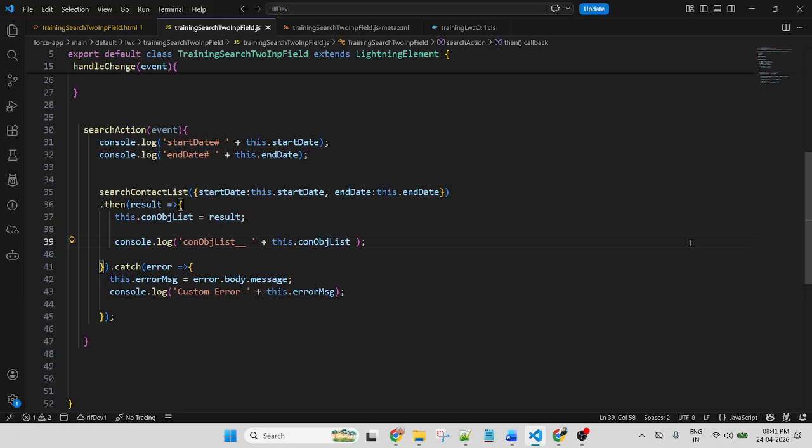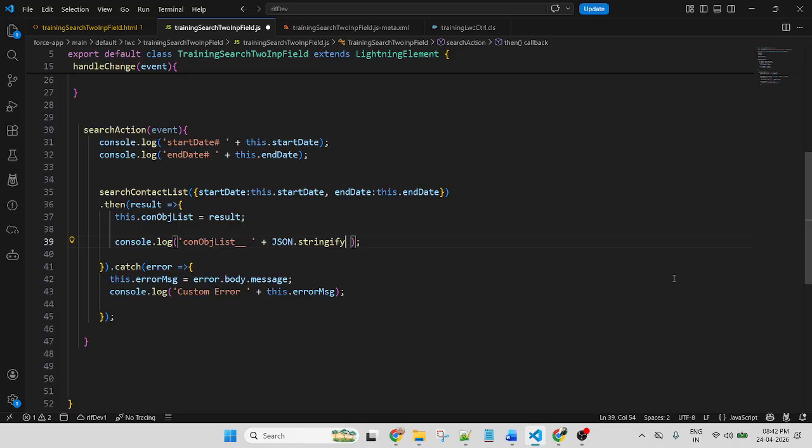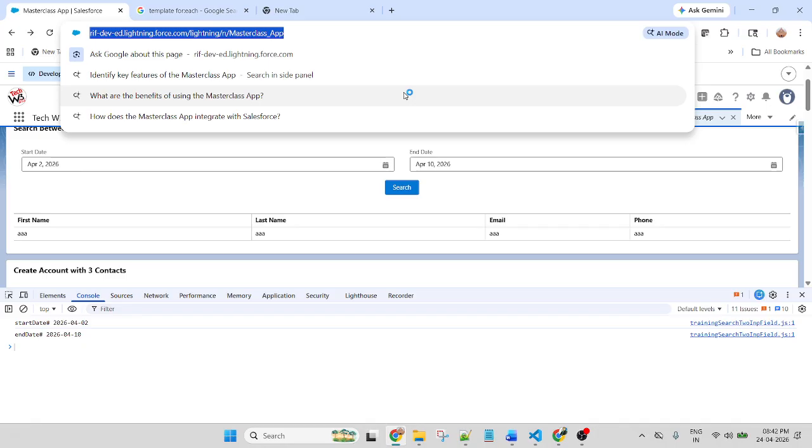Okay. So it will return an object. I want to display it as a string. Use JSON dot stringify, because it will return as an object. So I want to check what kind of data is returning. So use JSON dot stringify. Now save and deploy to code. Deployed successfully. Now let me refresh.